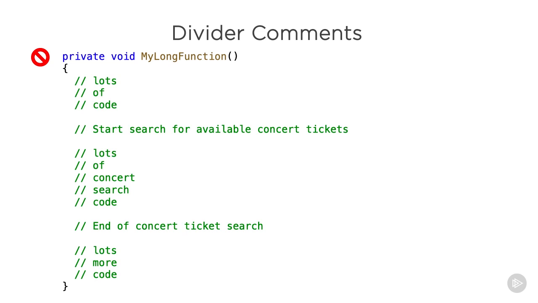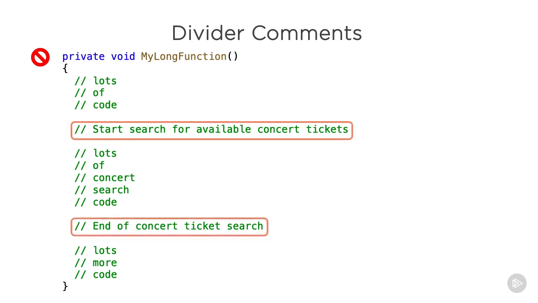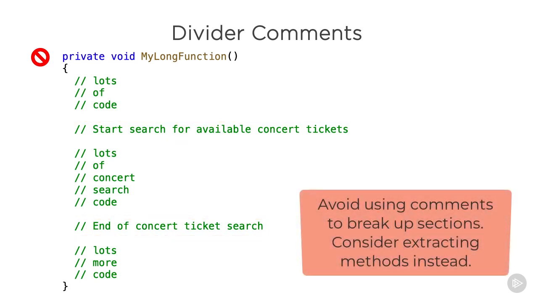If you've ever maintained a codebase burdened with extremely long functions, then you've likely seen this trick. When functions get too long, developers often resort to using comments to break up sections, as you can see here. If your function has gotten so long that it's getting hard to navigate, consider refactoring to a few separate functions to enhance readability and remove the need for the divider comment altogether.